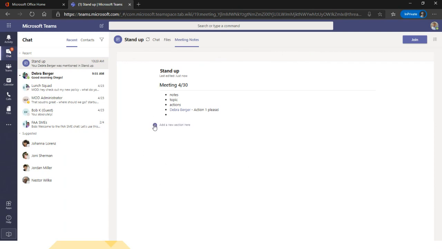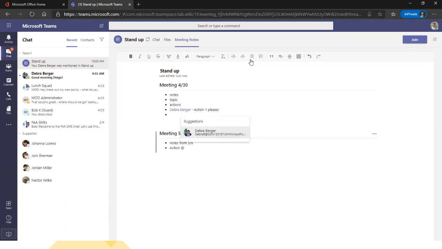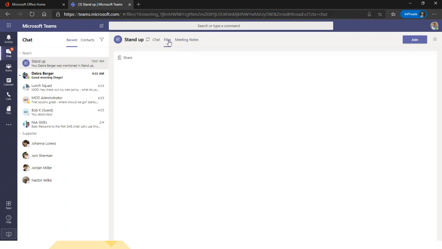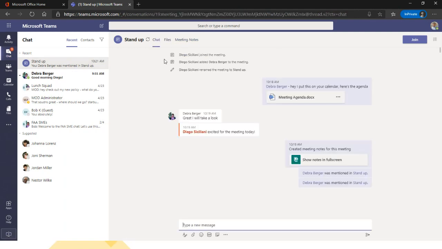Then Deborah can go in, or for the next week I can type another meeting heading, and do the same thing, taking notes from that week and any actions that are needed. What's cool is that week over week, all these notes are consolidated in one place. So instead of going to multiple locations, if you use this bridge in that way, you now have your files, your meeting notes, and any chat associated with this